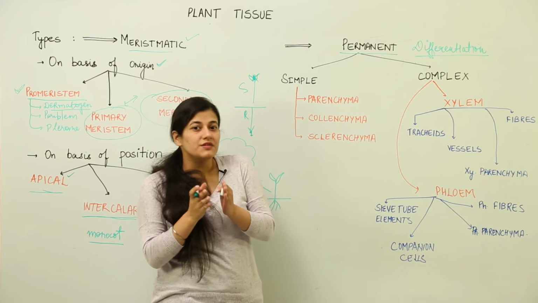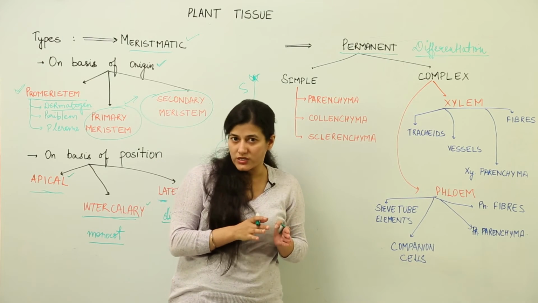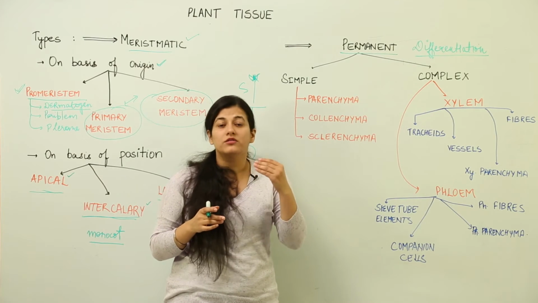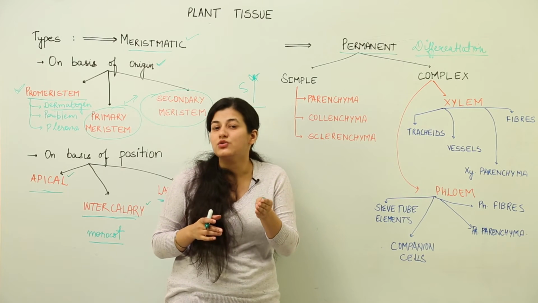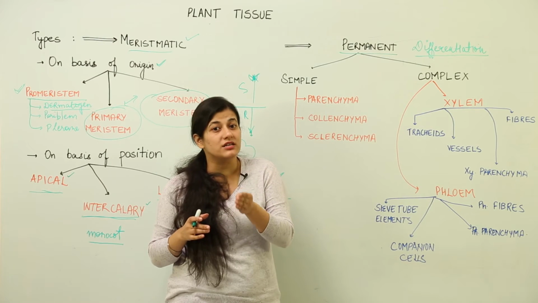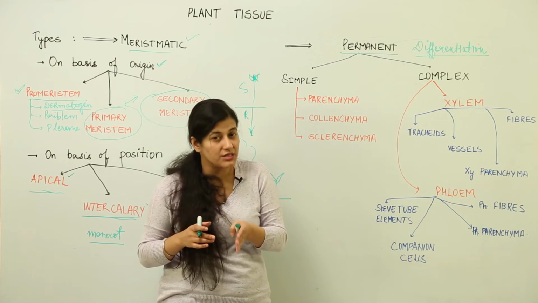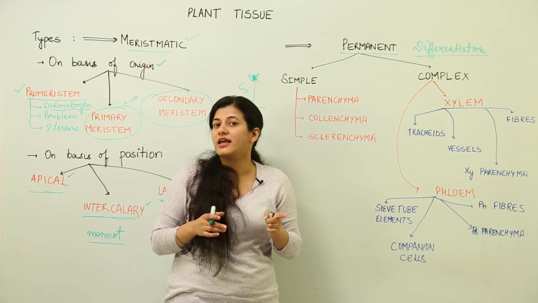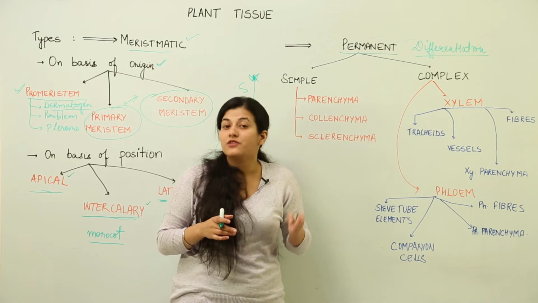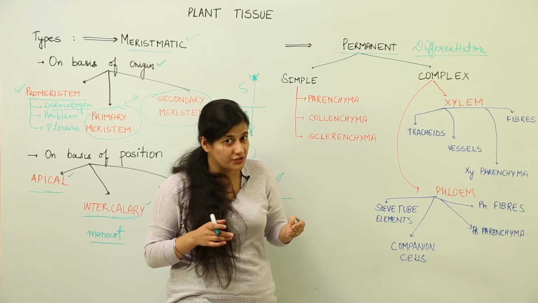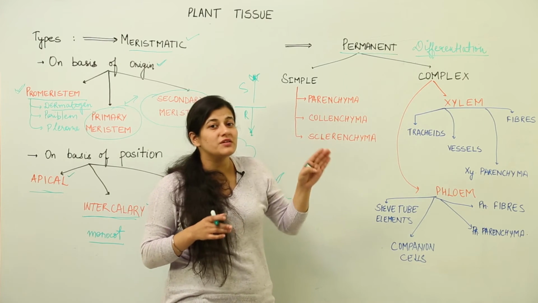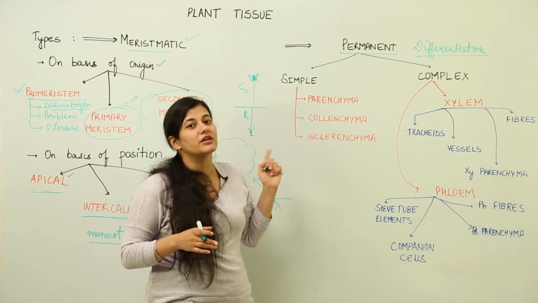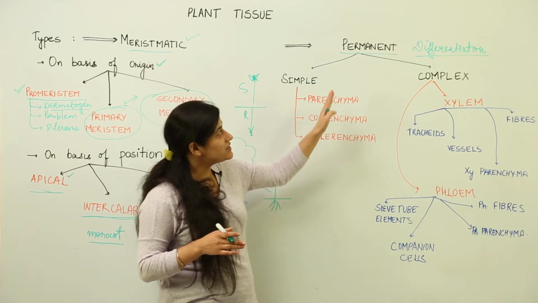Meristematic cell gives rise to a cell which is of its own type. Later on, this meristematic cell's successor gives rise to the cell which has its specific functions allotted to it. It performs the specific functions, and it would not give rise to a cell which would be meristematic again. It would give rise, after division, to those cells which would be similar. That means cell division would work on it, but it would not be meristematic division. That means these cells